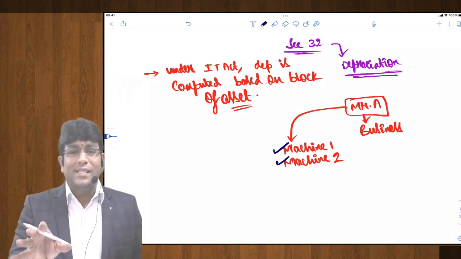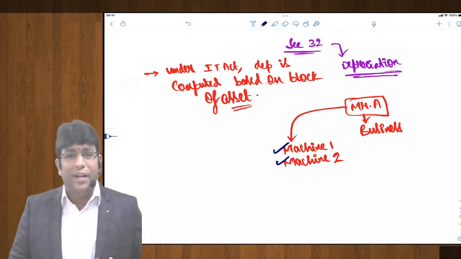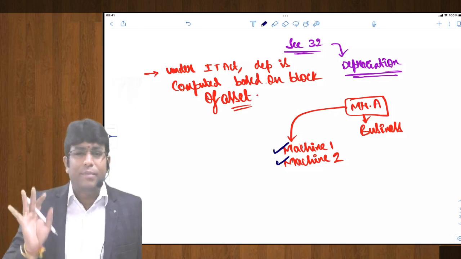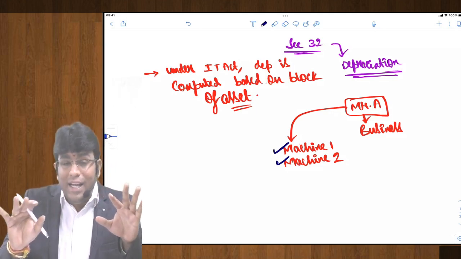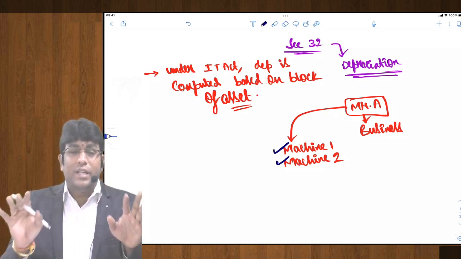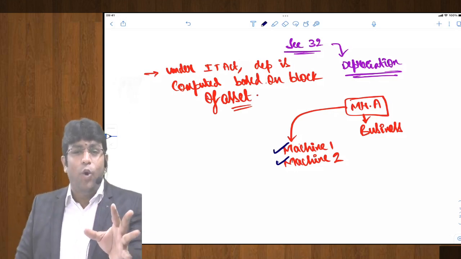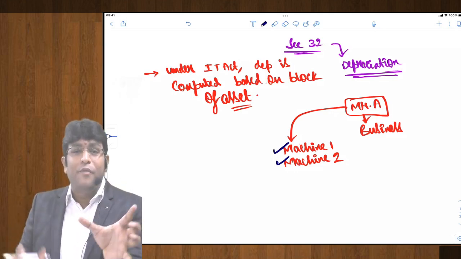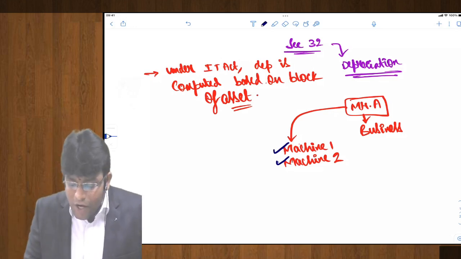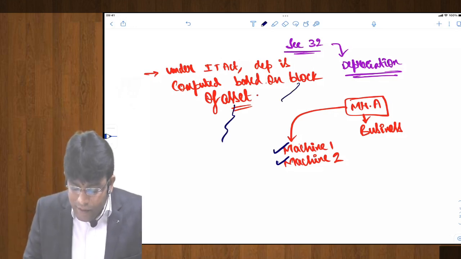But under Income Tax Act, the story is very much different, where they say, बेटा एक काम करो, आपको अलग अलग असेट का अलग अलग डेप्रिसिएशन कैलकुलेट करने का जरूरत नहीं है. You please follow the concept of block of asset. When I say block of asset, what does that mean? This block of asset technically means